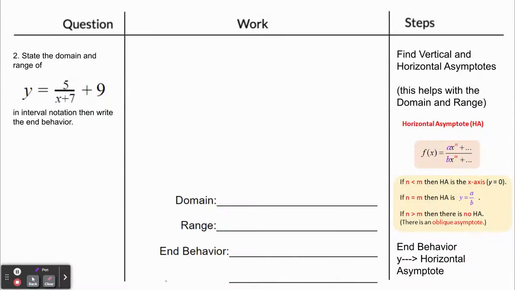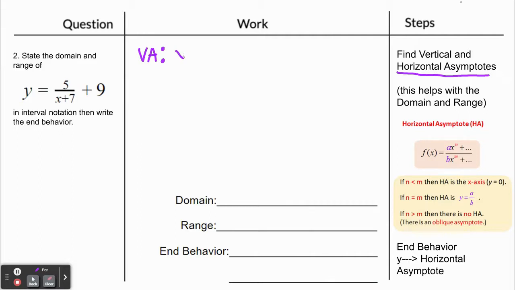So here we're asked to state the domain and range of this function in interval notation and then write the end behavior. So first thing I'm going to do is find where the asymptotes are at. That's going to be told by the h and the k value. So my vertical asymptote is going to be changed from the y-axis, and it's going to be shifted 7 units